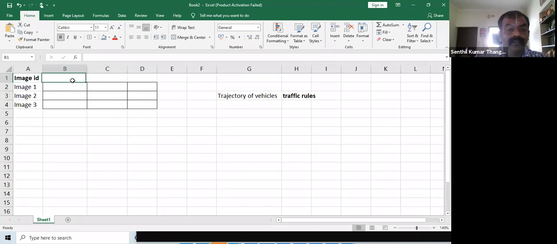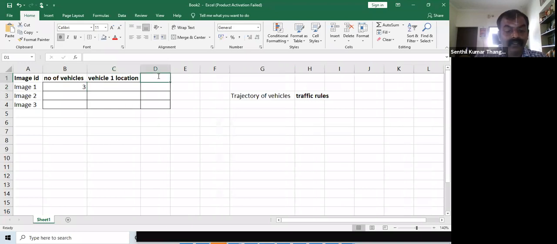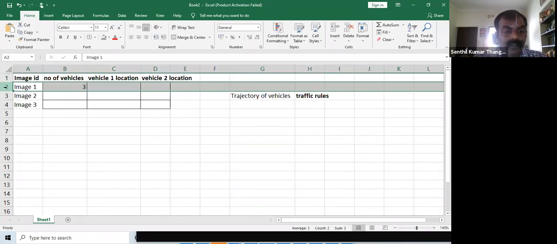First you would ask what is the number of vehicles. On the image, let's say 3 vehicles. Then what is vehicle 1 location? What is vehicle 2 location? This will not be an individual value.